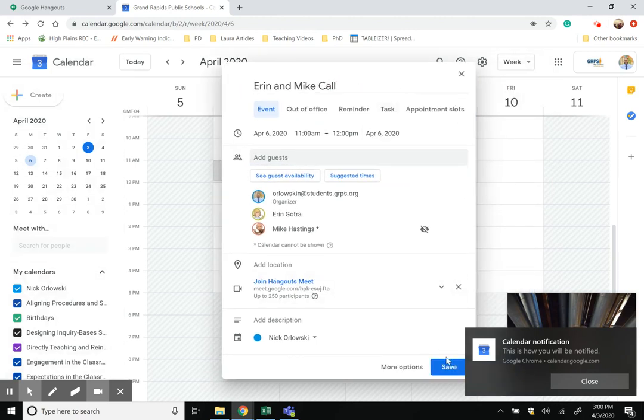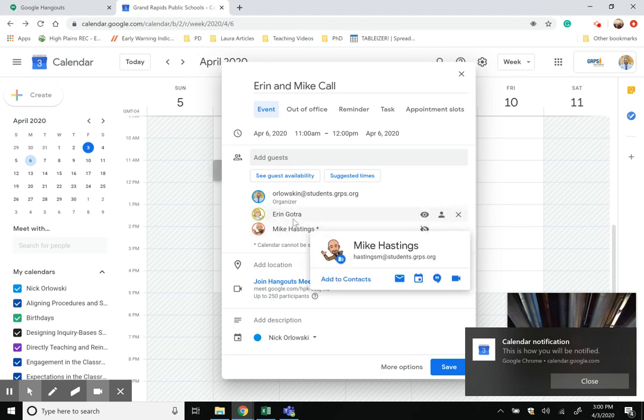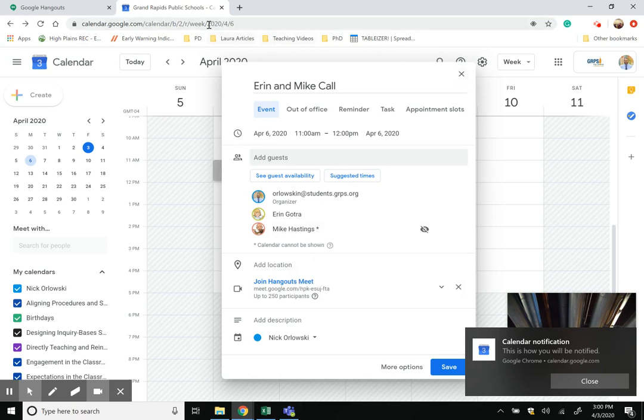And when I'm ready to save it, I save it, and they would get a notification. An email would be sent to their students.grps.org inbox, and it would also pop up on their calendar as something for them to review. But I just added Aaron and Mike. I could also add a lot of other people and set up a Meet that would be pre-set up so that I'm not in real time going to Meet like I showed you, adding people and then scrambling to send